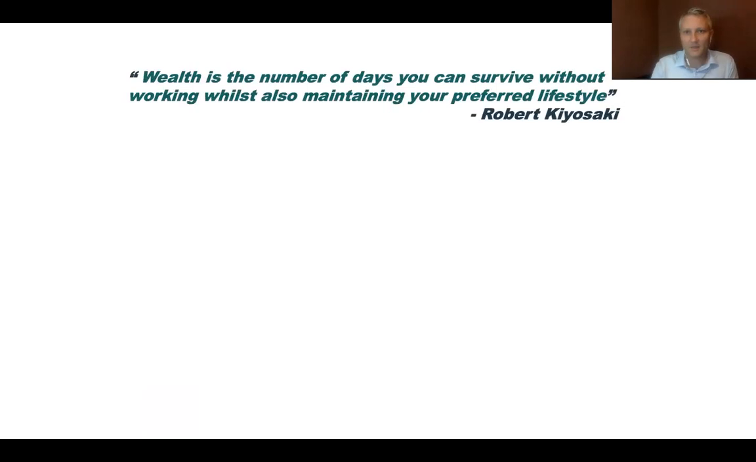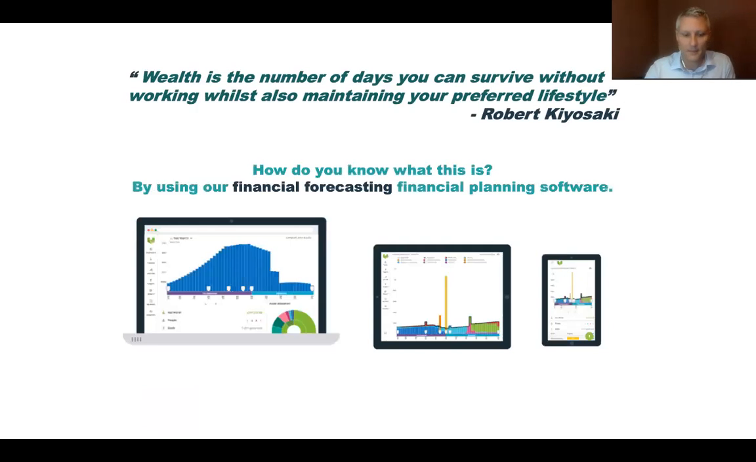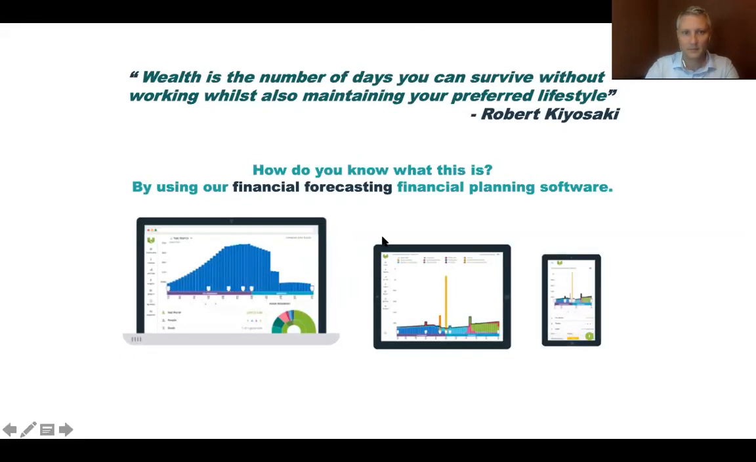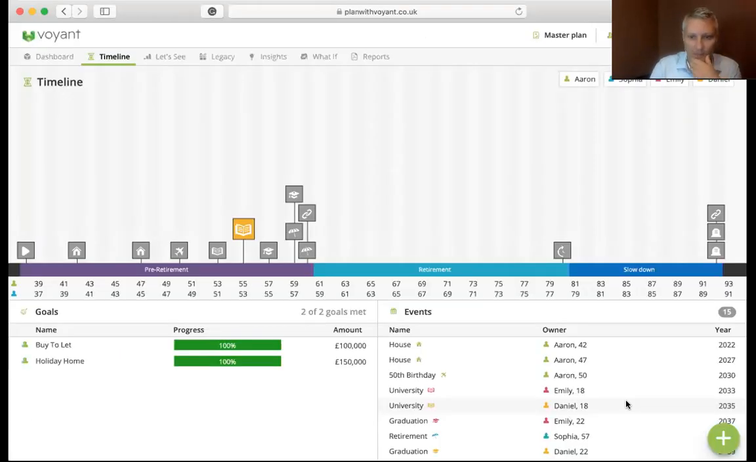Wealth is a number of days you can survive without working whilst maintaining your preferred lifestyle. Nice little quote. So how do you do it? So we use financial planning software, and I'll give you a quick example of what this is right now. So let's share this plan. We have a timeline along the bottom: pre-retirement, retirement, and slowdown of a fictional couple with 2